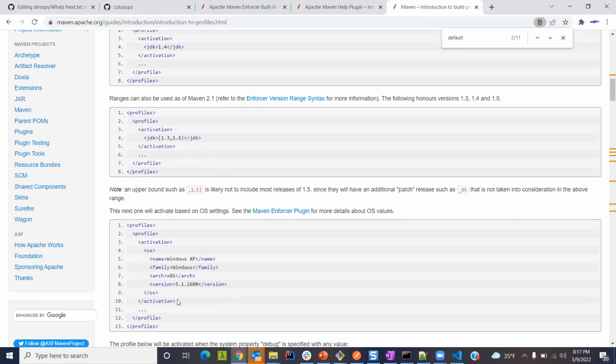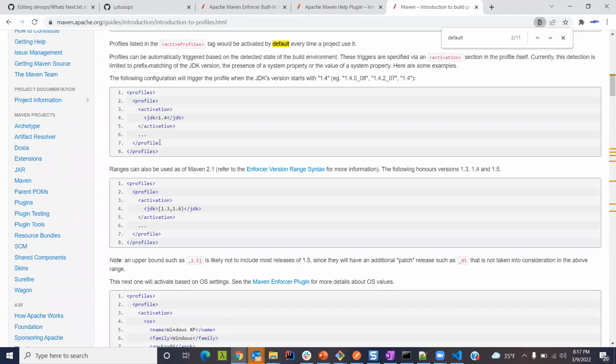Again, I'm not going into the depth of it because not many people really use it. There are some plugins that do not work on some architecture. So that's the time we have to actually pass a specific architecture to run it. It's only one time in my life I've seen this was needed. I'm not going into detail. But if you ever have to get into that situation, you should know that we have this option to do